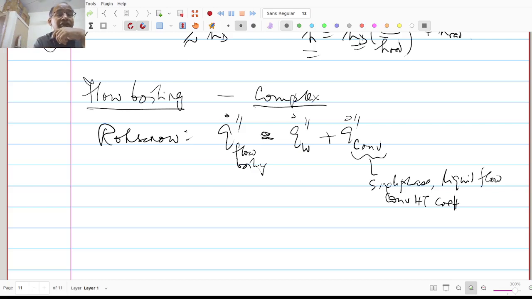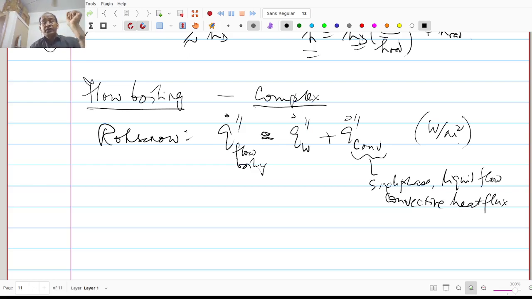It's not heat transfer coefficient, but it is heat flux. Okay, so what you're adding here is all in watts per meter square. So heat flux due to flow boiling will be the sum of the heat flux due to nucleate boiling or film boiling, that is boiling heat flux, plus single phase liquid flow heat flux